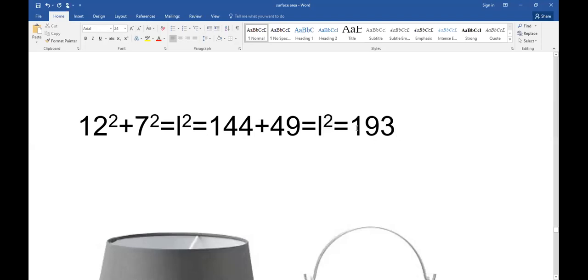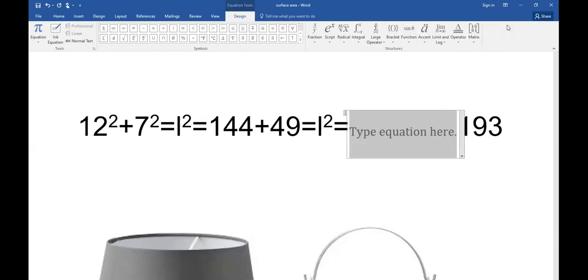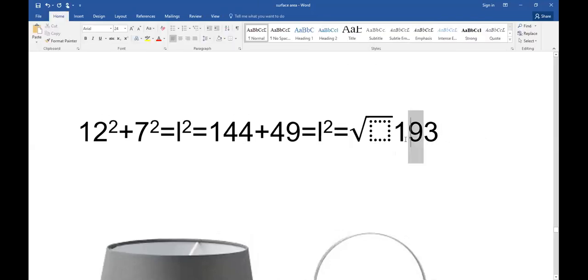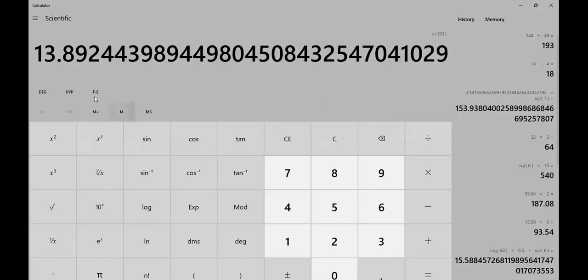So to find L, we have to find the square root of 193. It is the same as doing this. Square root of 193. So the square root of 193 is 13.89